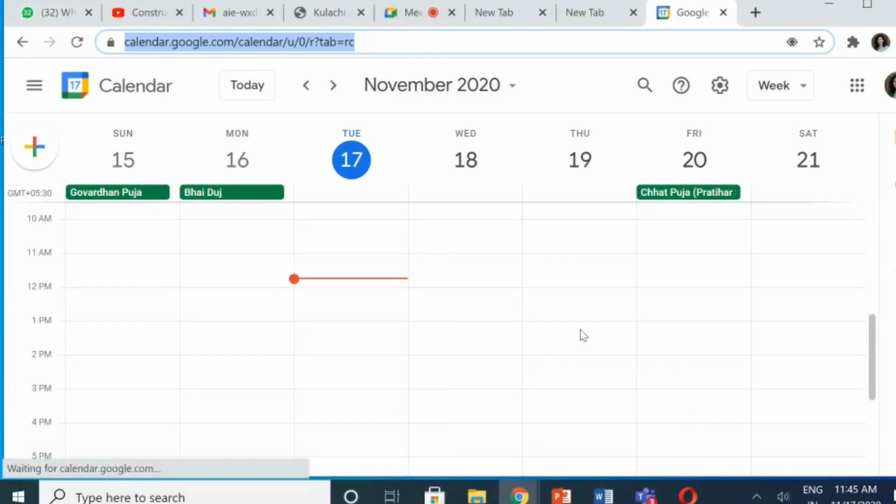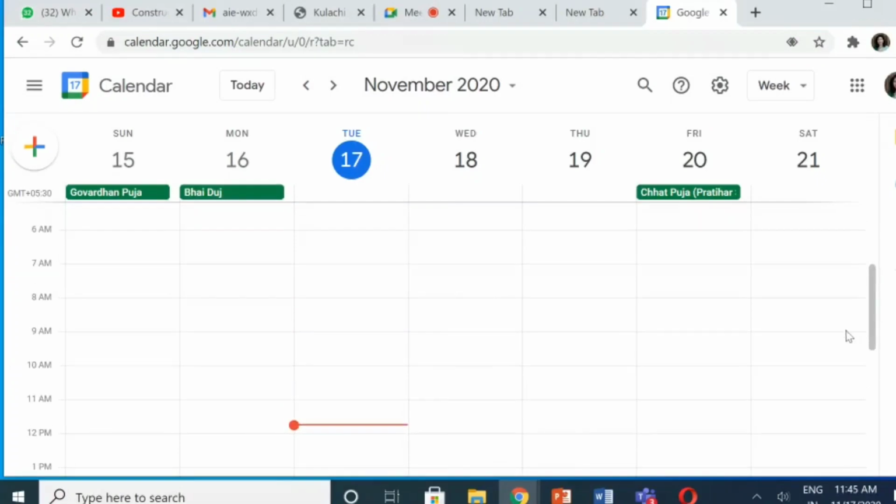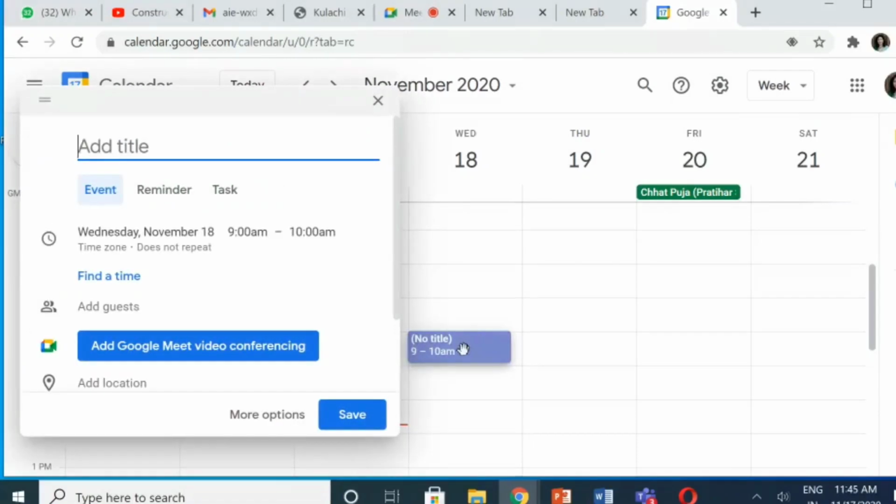Now, once the calendar is opened, supposing I have to schedule a meeting for the class 6th unit test tomorrow, invigilation duty. The invigilation begins at 9:30, so at 9:20, I want to schedule a meeting. So I'll go on the date 18th and I will see the time of 9:20. So 9 a.m. is here. I schedule the meeting here and I add Google Meet conferencing. You can see here, I can first of all write the title, UT3 class 6.